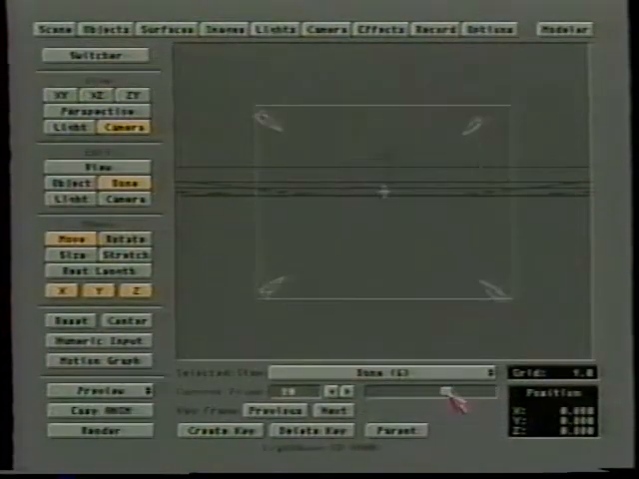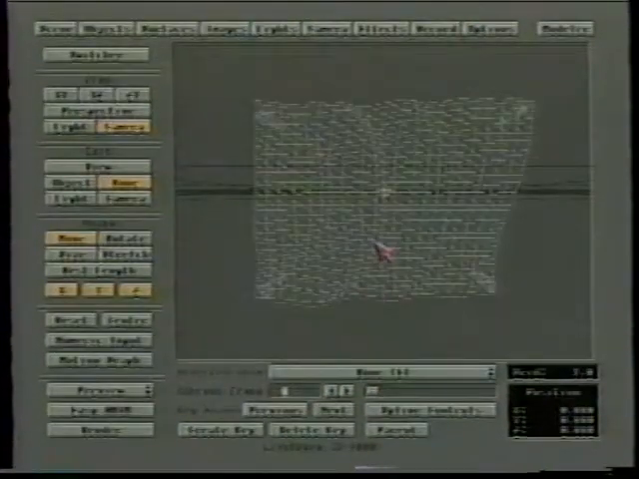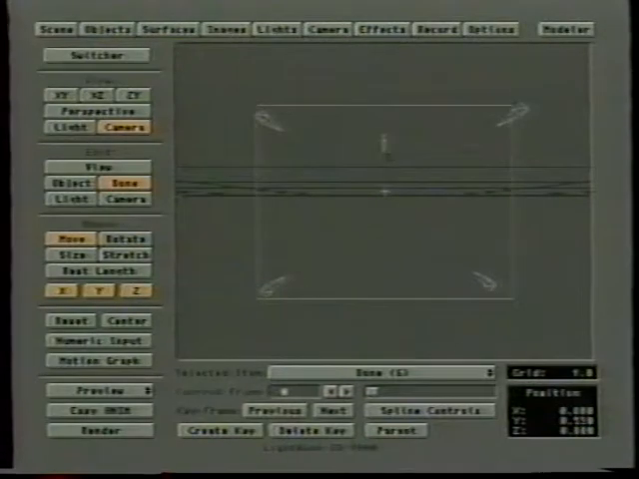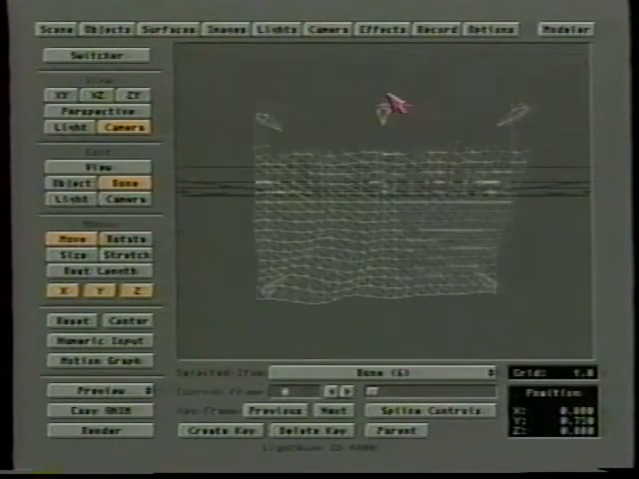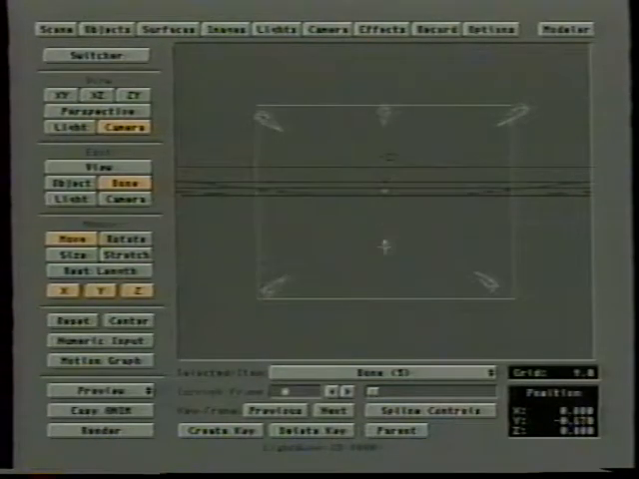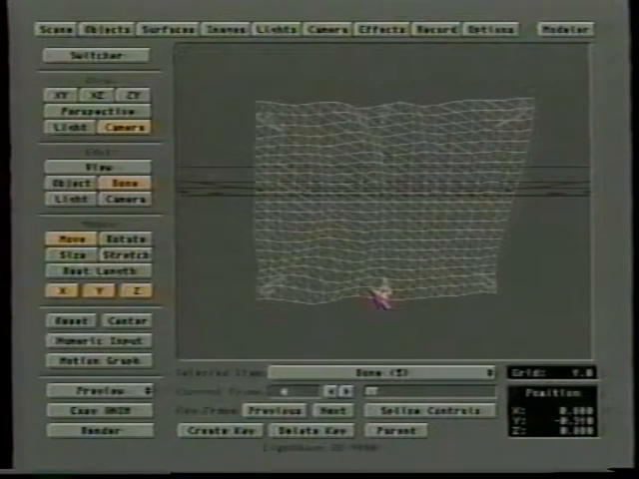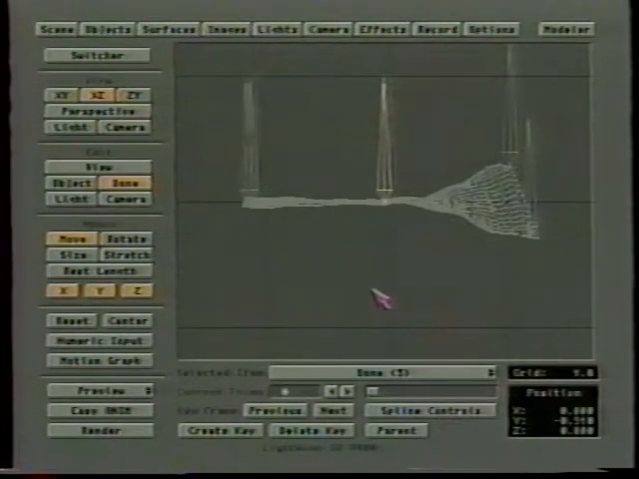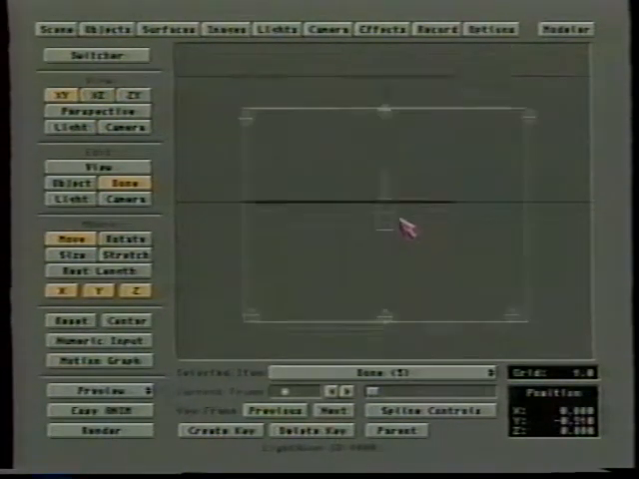And frame 0, we want this guy right up top. Rest, keyframe. And this guy right down here. Rest, keyframe. And with that being done, now it's just a matter of setting these. This is the,